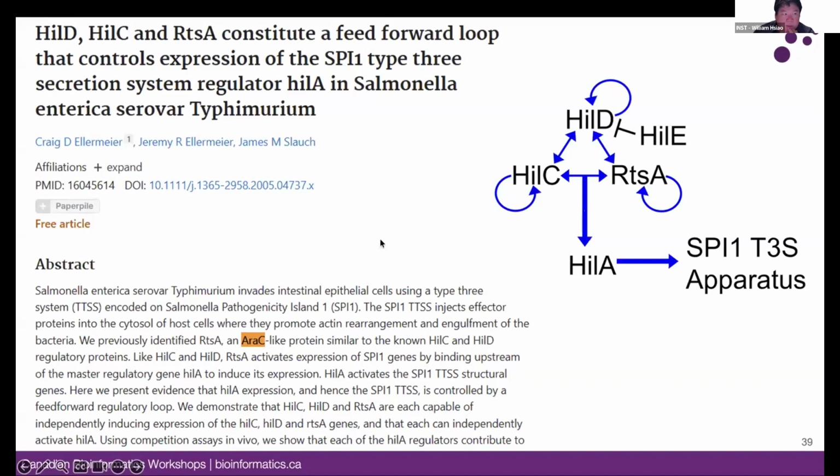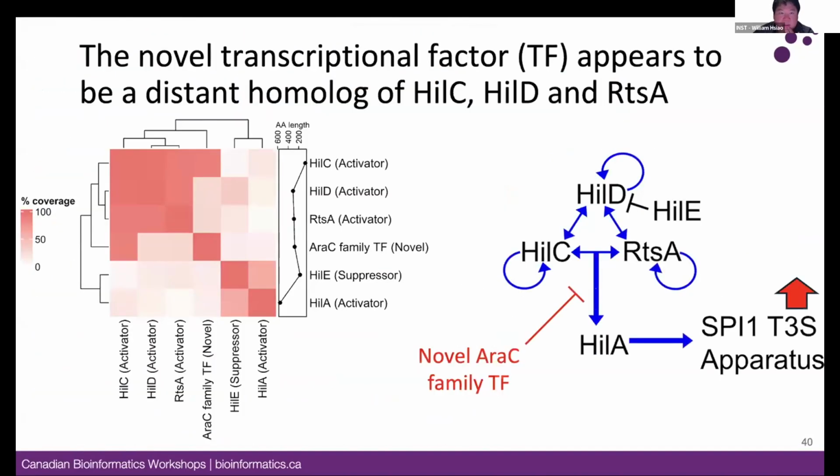Okay. So then a bit of literature search showed that this family of regulators are involved in complex feed-forward and feedback loops to control the expression of a type 3 secretion system in Salmonella pathogenesis, specifically in SPI, or Salmonella pathogenesis island 1. And this type 3 secretion is involved in pathogenesis. Okay, so it was then conjectured that the pseudogene actually led to a deregulation of the